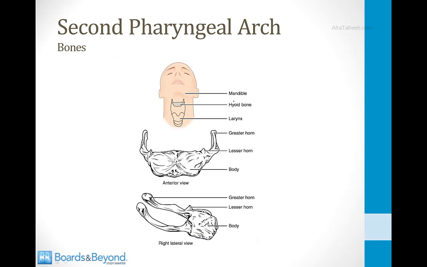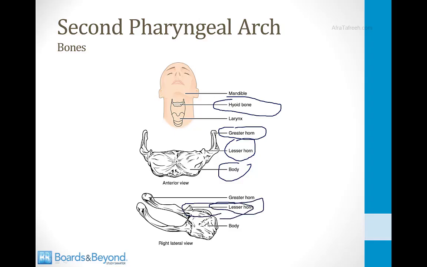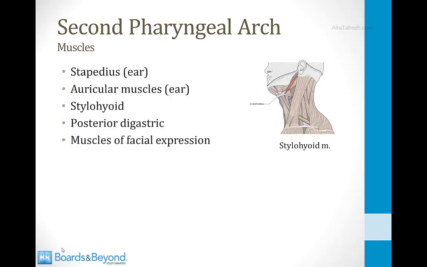Your hyoid bone is found in your neck, as shown in this picture here. It contains a body, a lesser horn, which comes from the second pharyngeal arch, and also a greater horn. So the second pharyngeal arch gives rise to the lesser horn and also a little bit of the upper portion of the body. The rest of the hyoid bone comes from the third pharyngeal arch, which we'll talk about in a minute. Muscles that derive from the second arch include the stapedius muscle, which is a very tiny muscle of